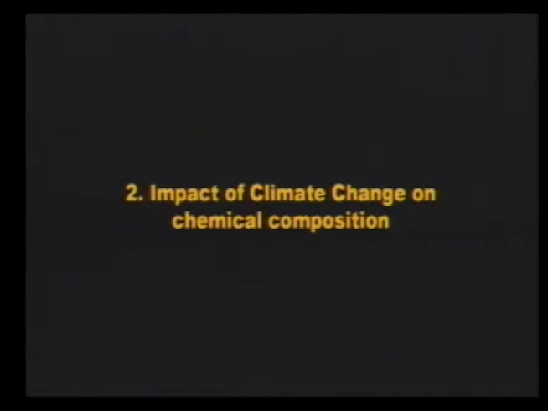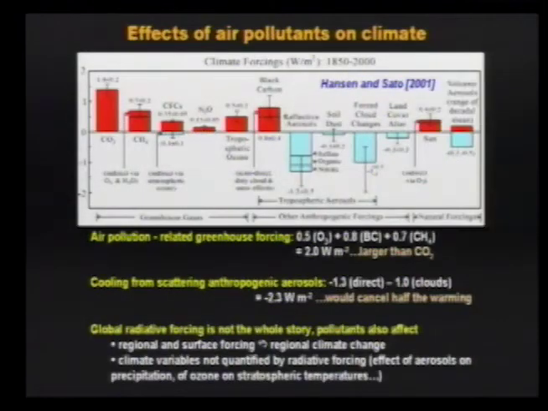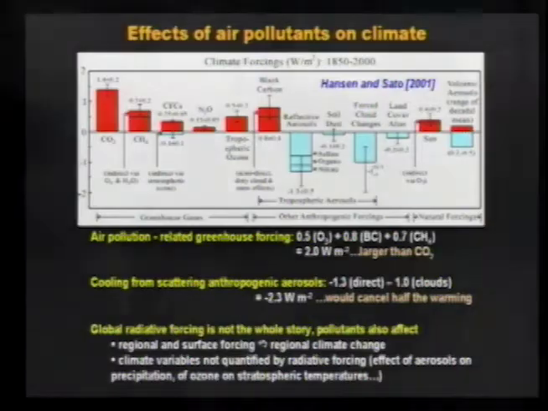Yes? Back? If by some means you produce scenarios for the next 100 years for these things, for tropospheric ozone, for methane, and whatever, what do you lose then by not running the chemistry with the climate model going forward, compared to just taking those scenarios for those gases and running the climate model without chemistry?